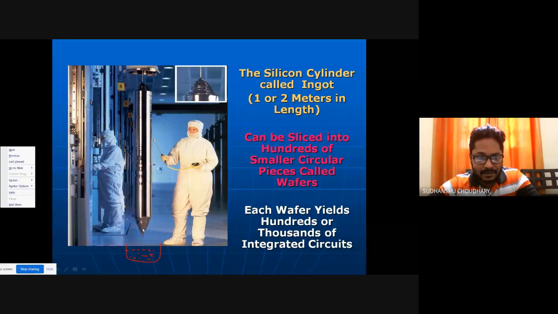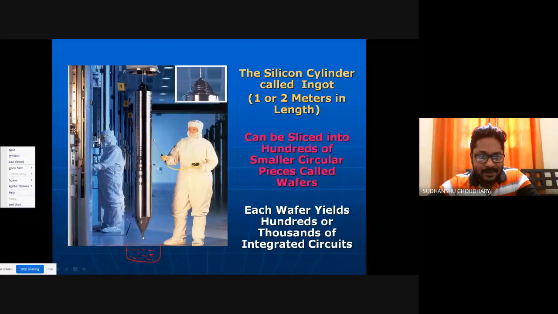So let's say this is my handle. There is a seed crystal attached to the tip of this handle, and half of that seed crystal will be dipped inside the molten silicon, and then this handle will be pulled up.